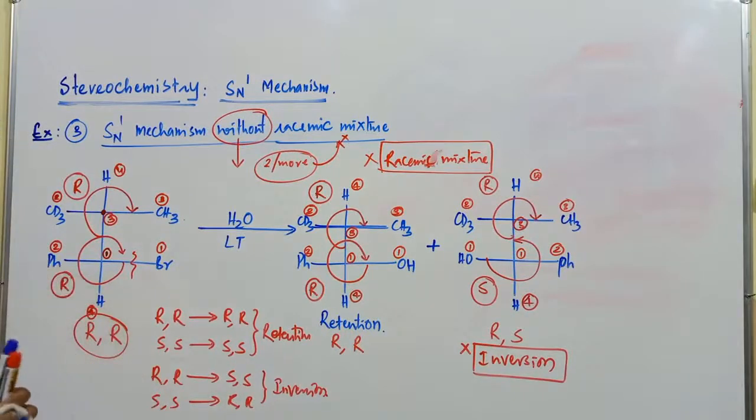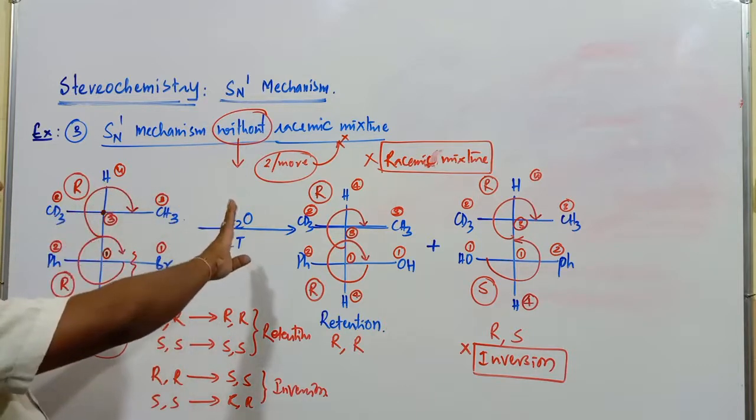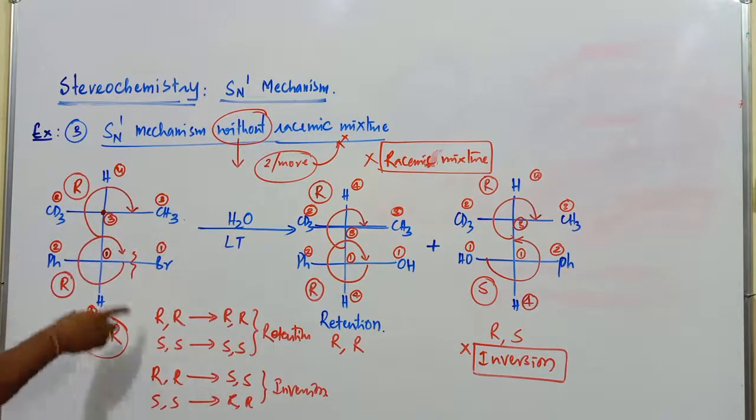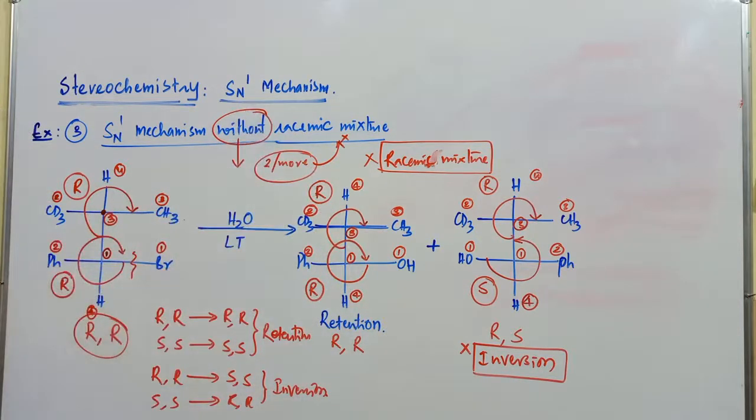Three different types of examples for the SN1 mechanism. And here, the condition you have to remember is that there are some particular examples where there is no formation of racemic mixture. One of the examples is going to be this one. Usually racemic mixture formation takes place, but this was an exceptional case where there is no formation of racemic mixture. This is about SN1 mechanism.